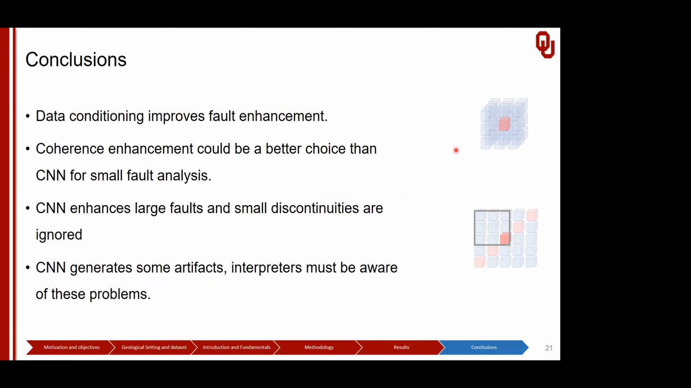Now, the conclusions: the data conditioning improves the fault enhancement and removes plenty of noise and some artifacts in all workflows. The multispectral coherent enhancement could be a better choice than CNN for small faults analysis because it has a window analysis approach and a small window size. The CNN enhances large faults and small discontinuities